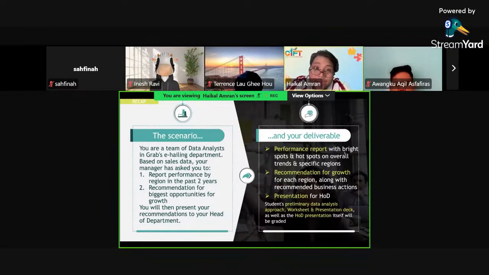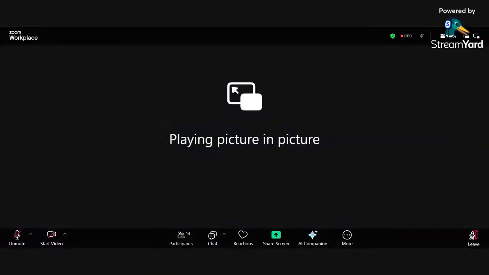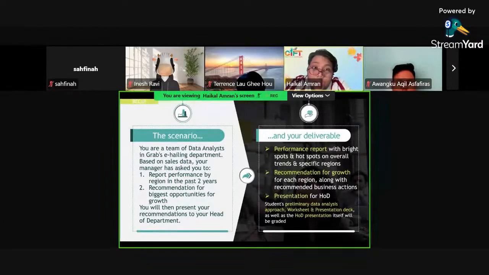So this is just a summary for the preliminary data analysis, and you would understand how the preliminary data analysis assignment would be really tremendous for the following assignments, the group assignments later, because all of this analysis will provide the talking points for your presentation later. So if you mess it up at this part, unfortunately, your presentation would not be as comprehensive and it would jeopardize your grades as well in the following deliverables. So it's really important. Again, I cannot stress just how important it is for you guys to get this part right.